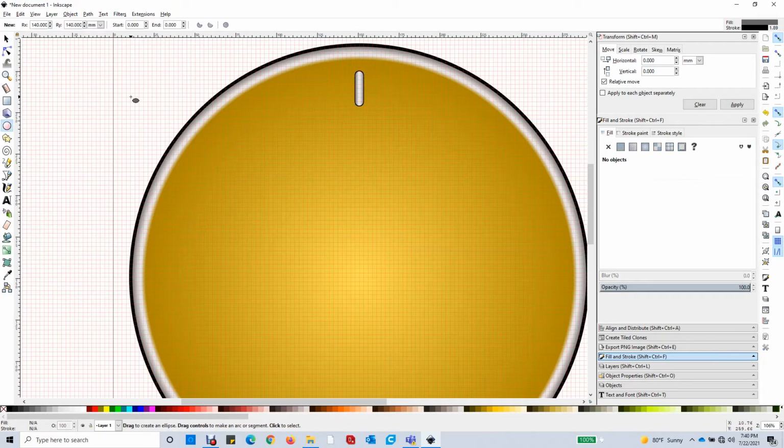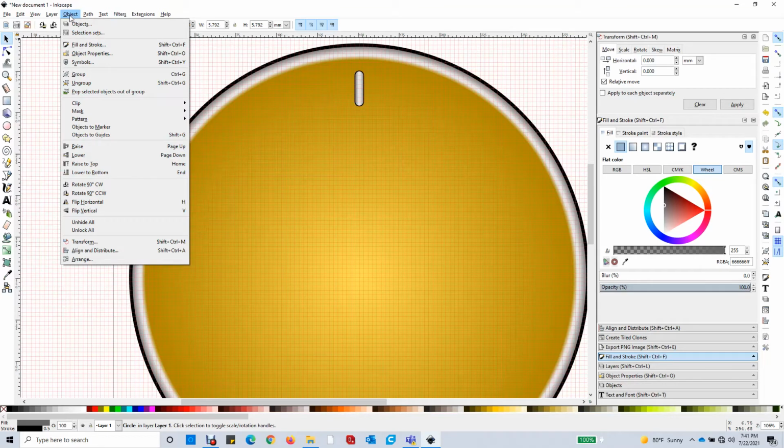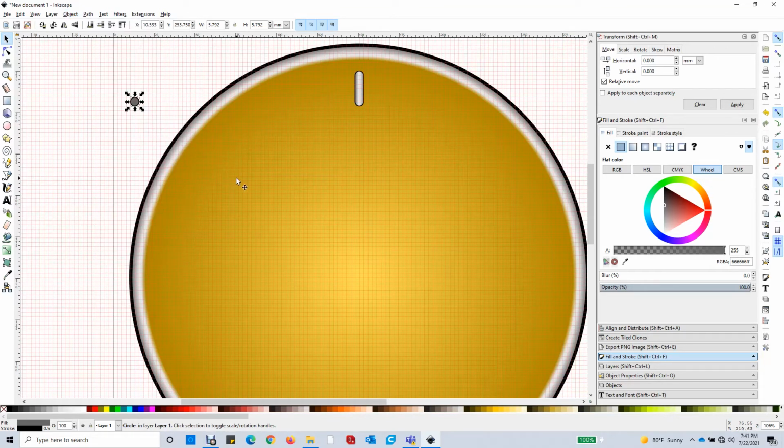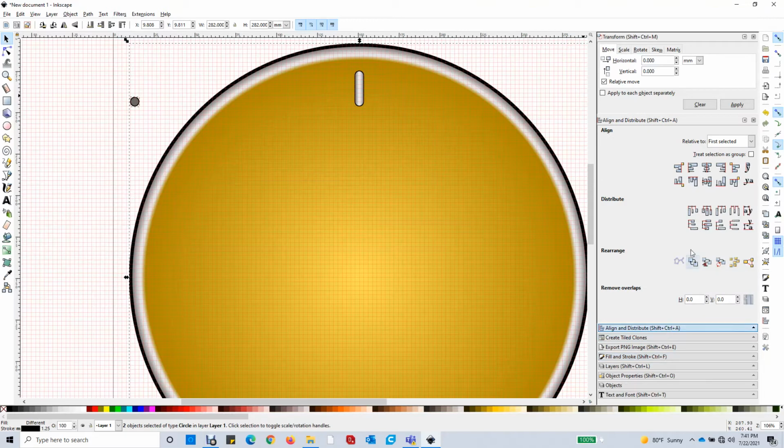I'm going to make a very small circle like this, okay? And then I'm going to go to Object, and I'm going to unlock all, and I'm going to click this object, and then I'm going to click this object, and I'm going to go down here to Align and Distribute, and I'm going to click this and this, which puts it right dead in the center. Now I've got a good reference point.